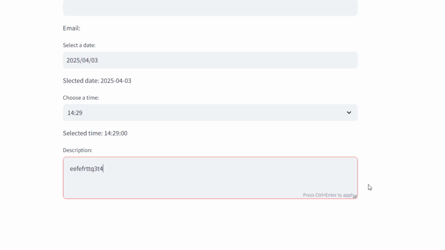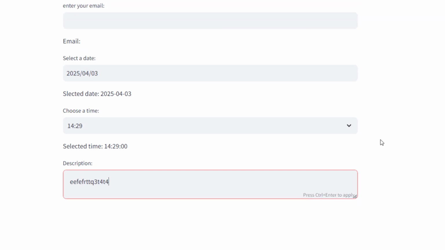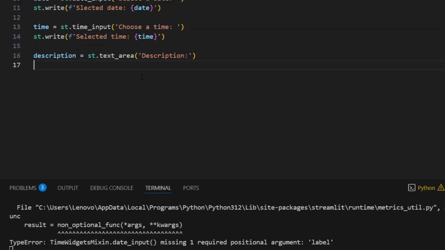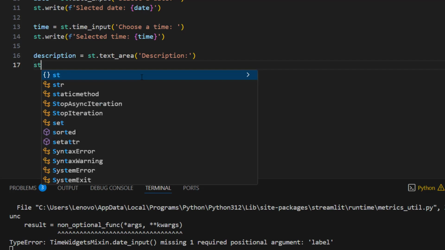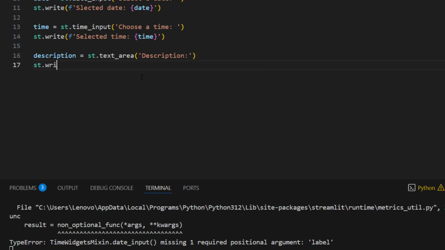We can enter whatever we want, we can open this as you wish, and we can keep entering things here. This way we can get a text area. To show the text, it's the same thing: st.write. I'm going to use an f-string and inside, let's say, provided description, and then get the description.